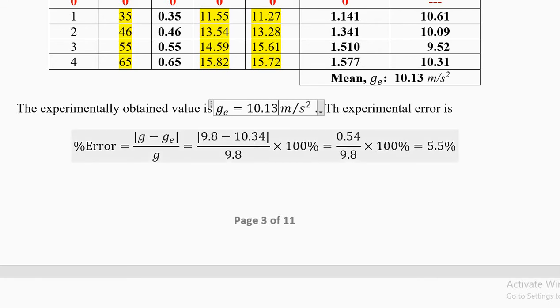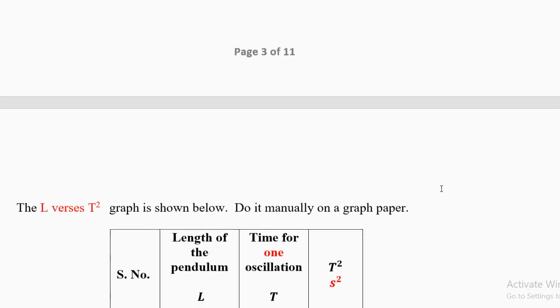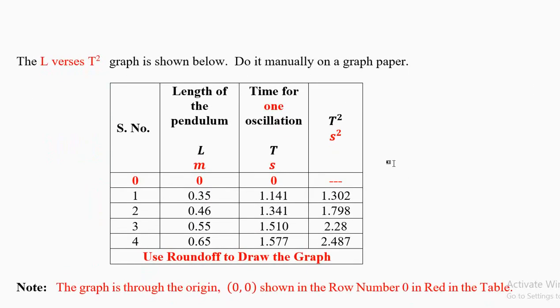Okay, so whatever value you get here, you do your calculation here like this and you see what happens. You'll get a different number here. So just correct these numbers yourself. Learn the method. G minus GE, take the absolute value, divide by 9.8. You'll get your answer. It will be about 5% error. It's not bad. 10.13 is not bad. You can do it. Now the most important thing is the graph.